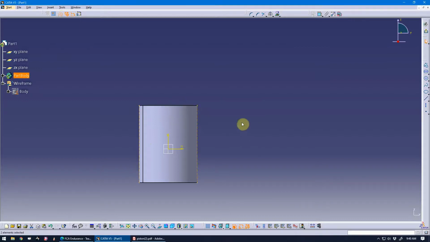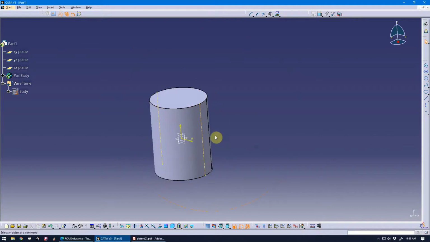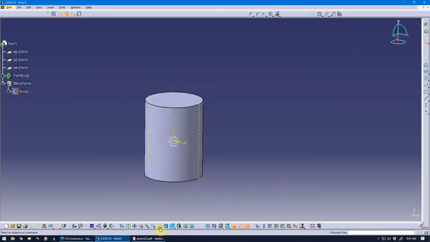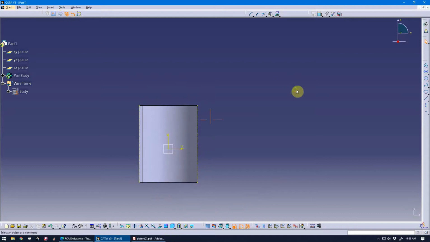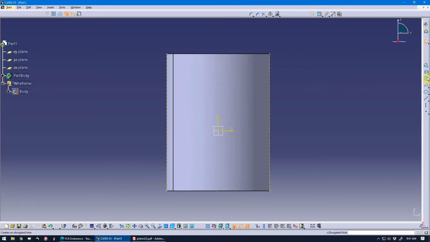So disregard that warning, but you can see those limiting elements projected here onto my sketch plane as construction geometry. Turn back on standard geometry, and the rest of this will be a square